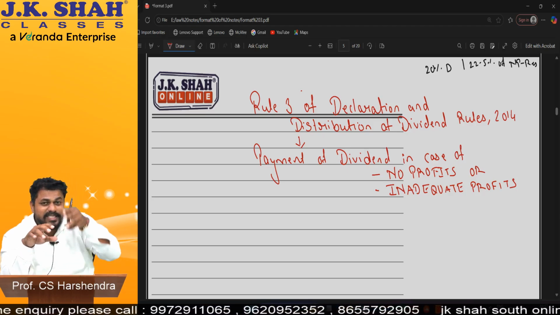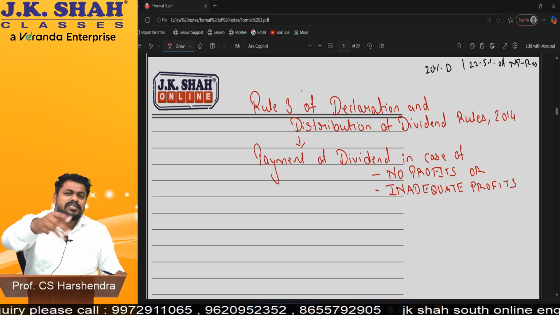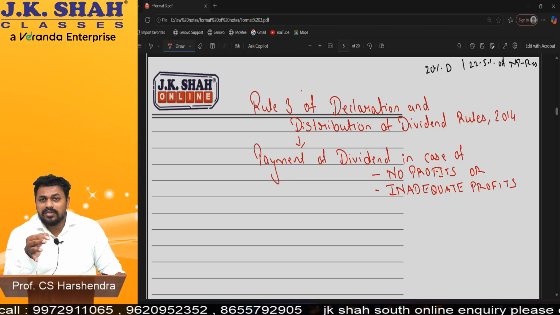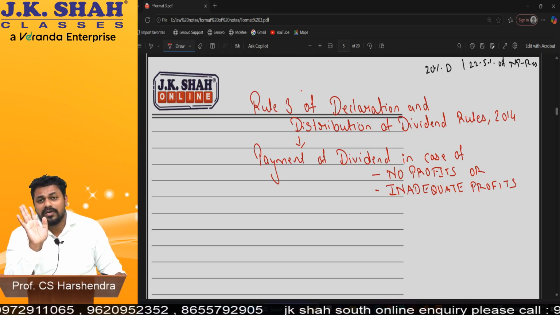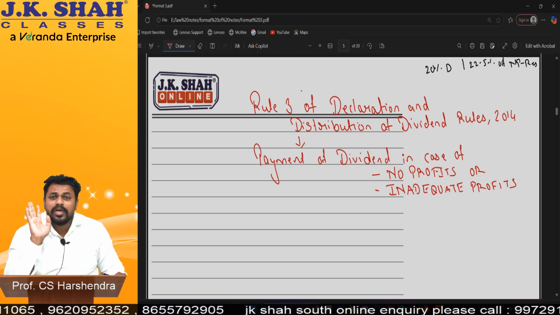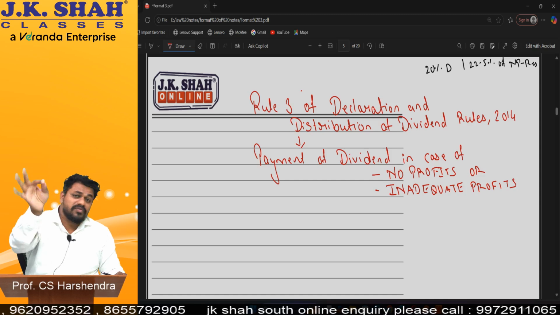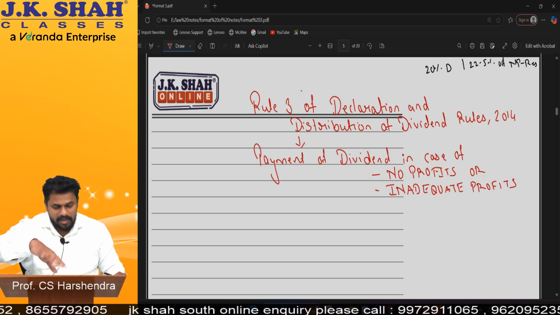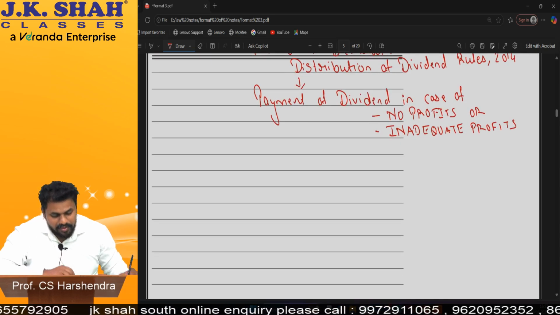So there are 3 restrictions given. You have to follow these 3 restrictions and pay dividend. You have to respect all 3 restrictions. On this, some sums will also come. We'll solve that sum, and then only you can pay dividend. Actually 4 restrictions are there. The 4th one is a hidden adjustment, which I'll tell you after we complete this. So which are the 3 restrictions which we have to follow?